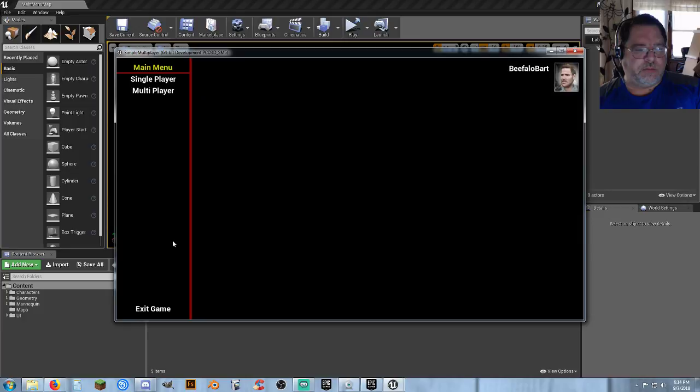Okay, so you can do a lot of functionality with this menu. You can change the way it looks, but this just works. This is good enough for testing. I've been using this for over a year. However, with